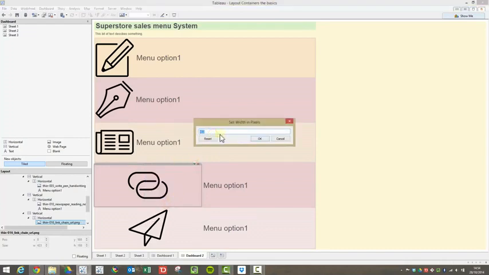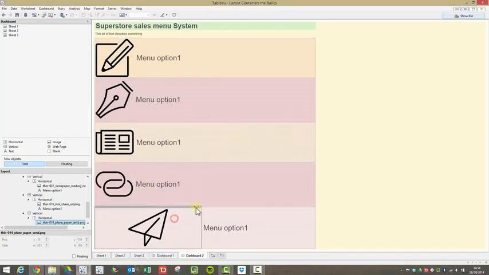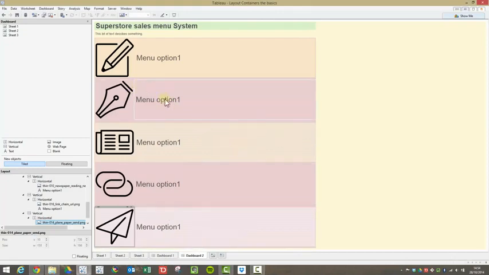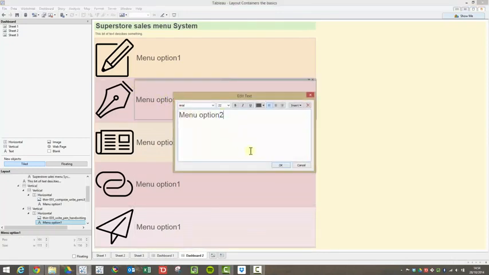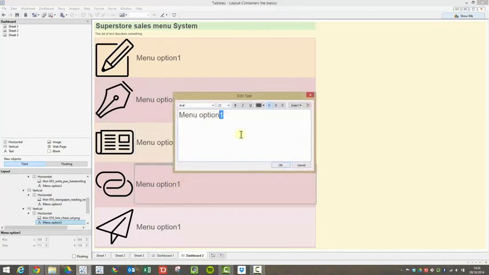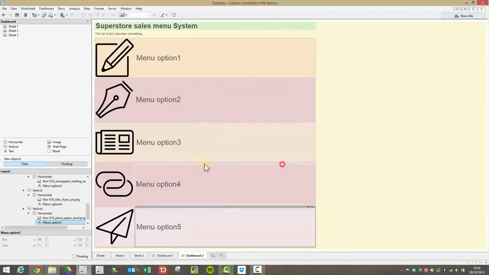Keep going. Where is it? There we go. Okay. And of course they're not all menu option 1, they're different menus. Double click that. And this is the 5th one. Perfect. And so now I'm going to try and remove all the coloring,